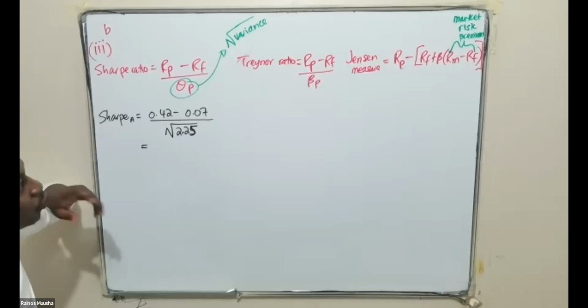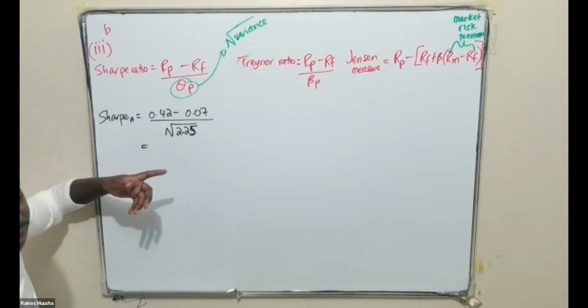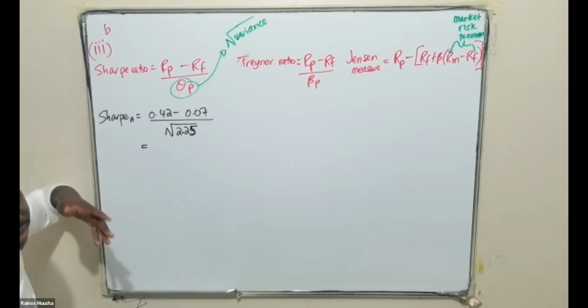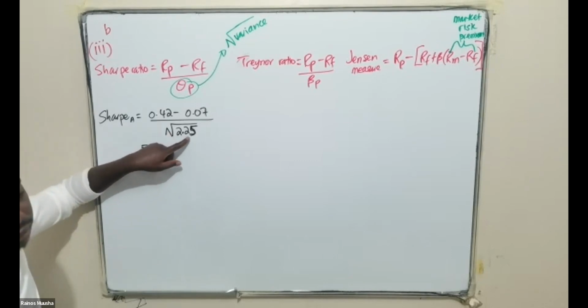Yeah, because I'm not sure, when it comes to this variance, are they saying that this variance is in rand, or are they saying that this variance is in percentages? Because remember, it's always going to be one of the two. It's either the variance is given in rand or the variance is given as a percentage. So now the question would be, is this variance that is given as 2.25 in rand or in percentages? But somehow, when calculating the Sharpe ratio here, the lecturer just said the square root of 2.25. I'm not sure exactly why he used that reasoning.